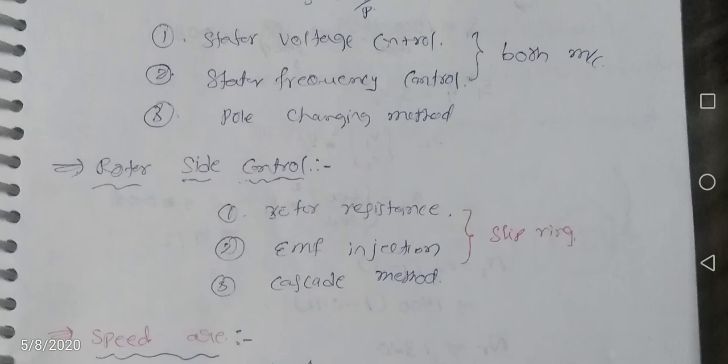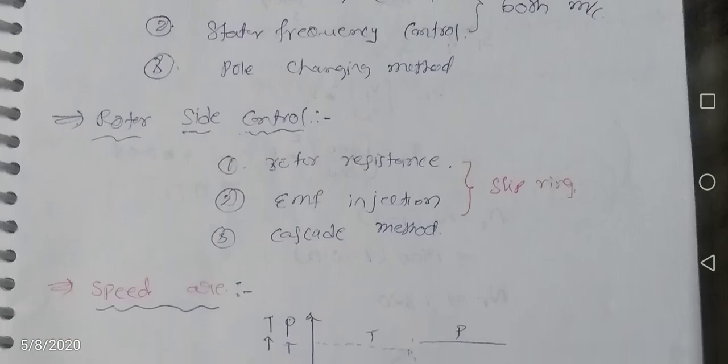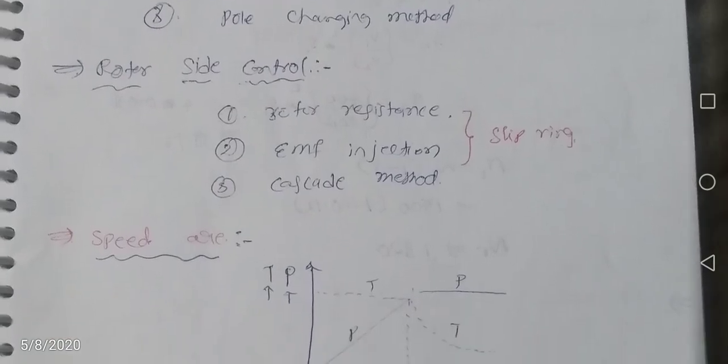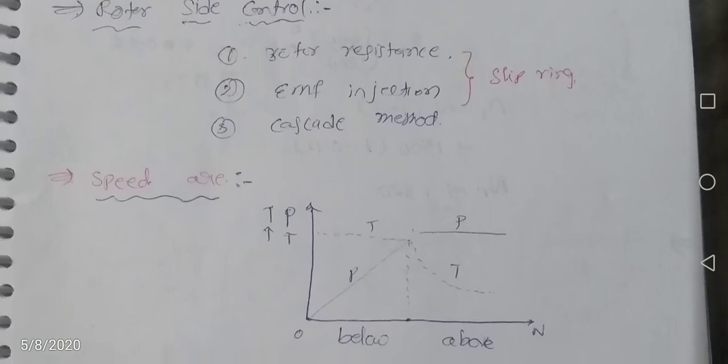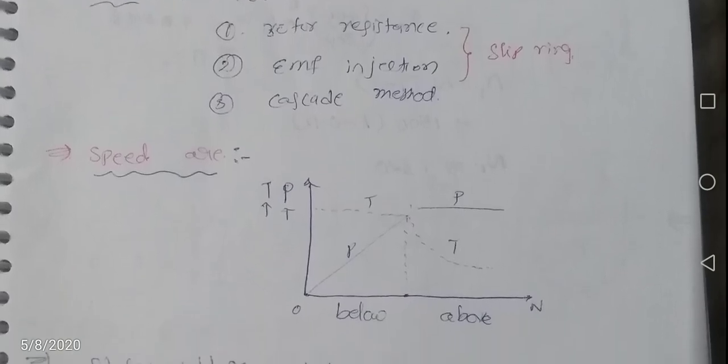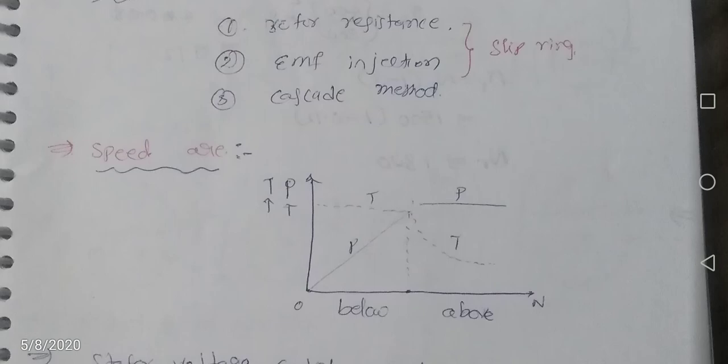The rotor resistance control method, EMF injection method and cascade control method are suitable for slip ring induction machine because